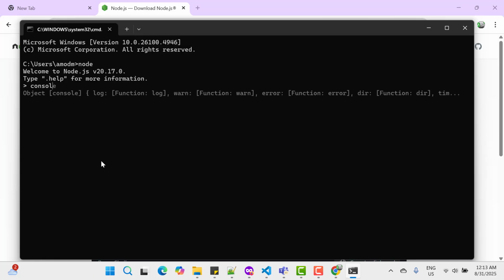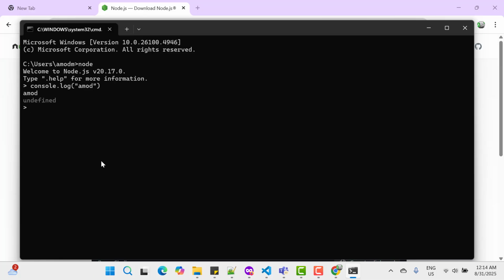Now you can write any JavaScript code. So I'm going to log my name again, and you can see it's logging my name. So here I am executing a JavaScript program outside of a browser using the Node environment. You can use any code editor like VS Code, Atom, etc. So I hope you understand what a JavaScript engine is, and how we can run JavaScript in a browser and outside